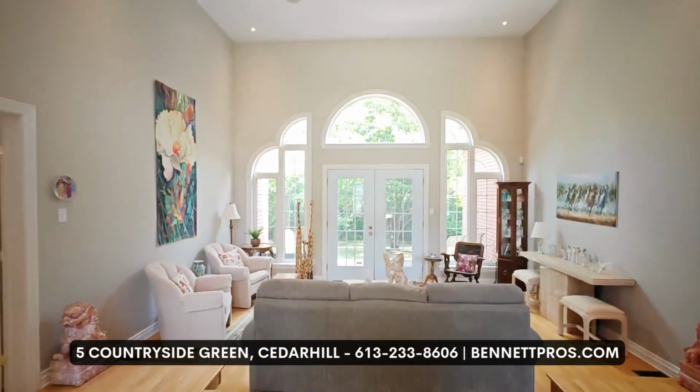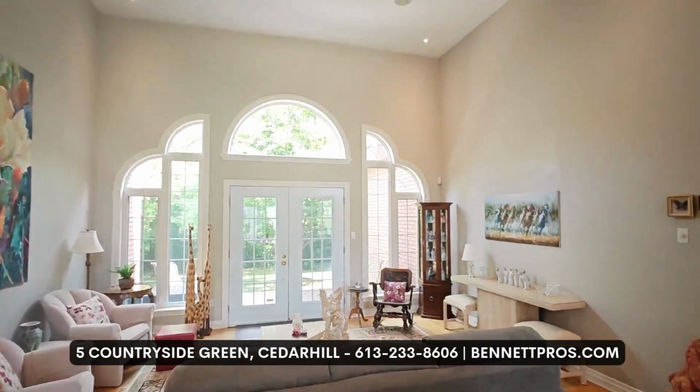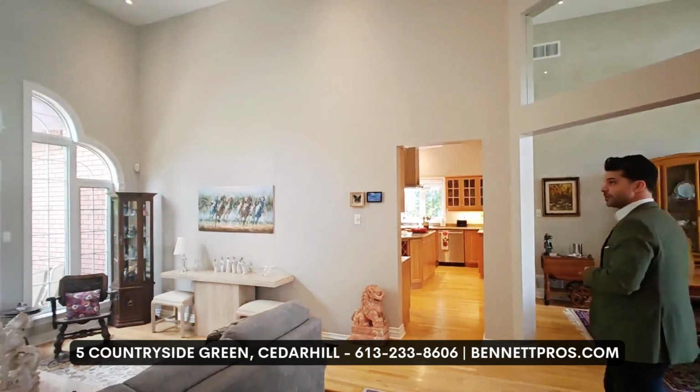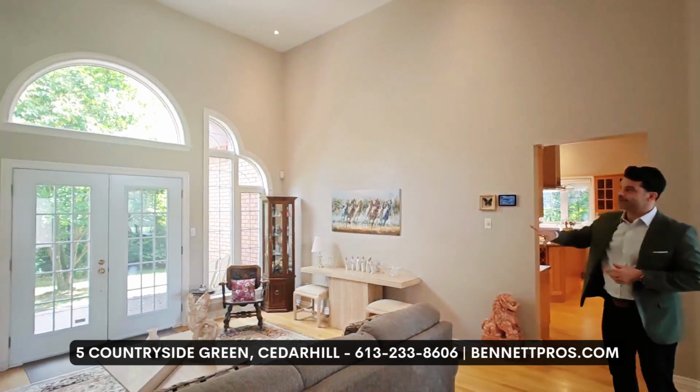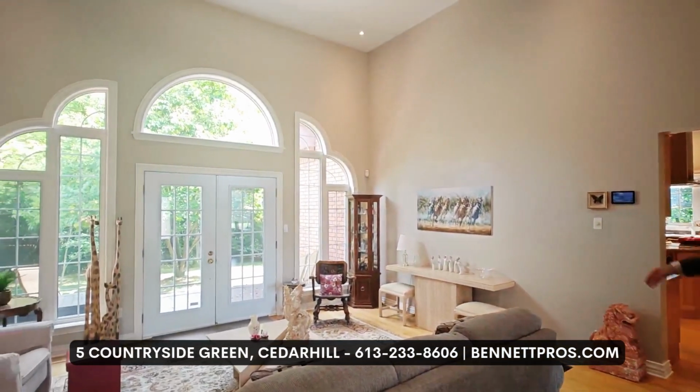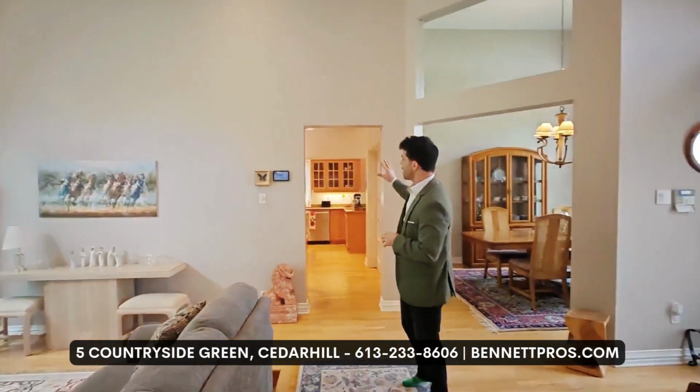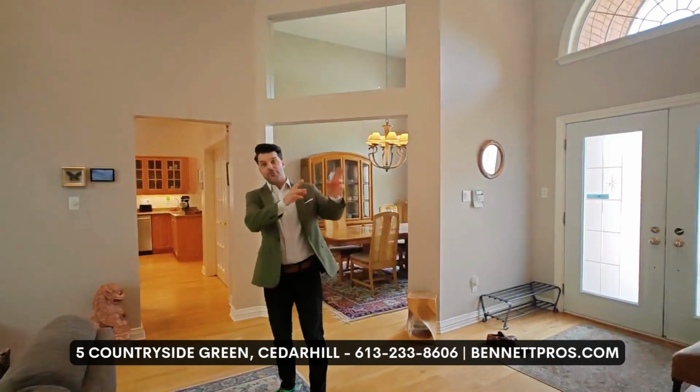All right, now as we come through here, let me just slide off my shoes. And of course, the first thing that greets you is this beautiful front entrance. 16-foot ceilings, lovely architectural windows showcasing that beautiful backyard that we'll tour in just a moment. Behind me on this side is where the kitchen is, and over here, of course, is where the